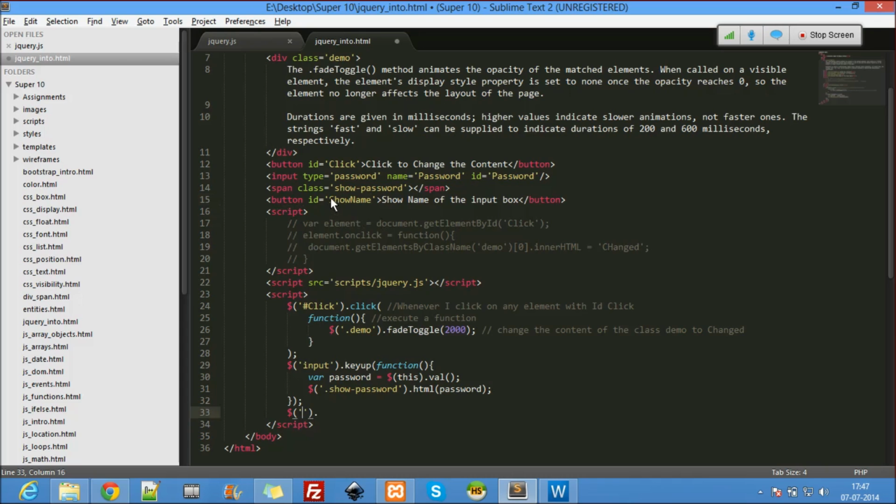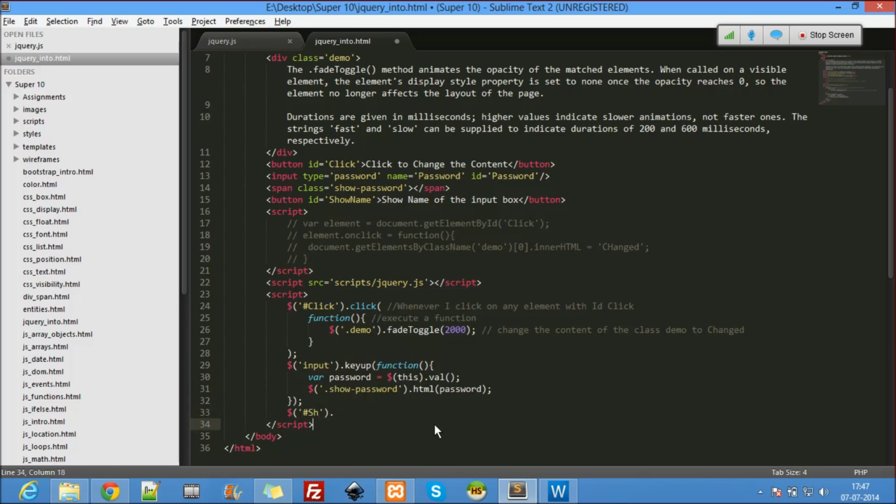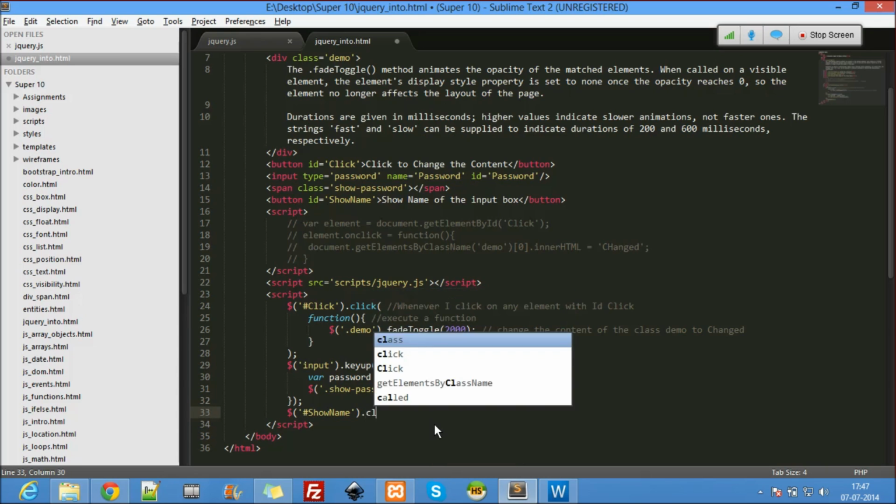Let me just put click. Sorry, I don't want to show that, but that's a mistake most freshers, new people, make in jQuery. They write multiple IDs with the same names, and you won't see the result with that. So always remember ID should be unique in the page. Class can be any. Here, hash, since it's an id, hash show name. Whenever I click on show name,